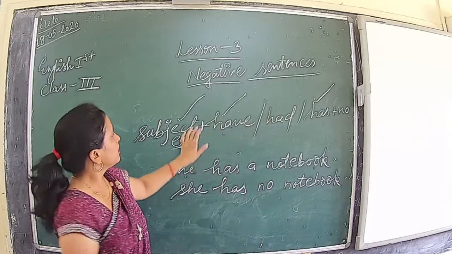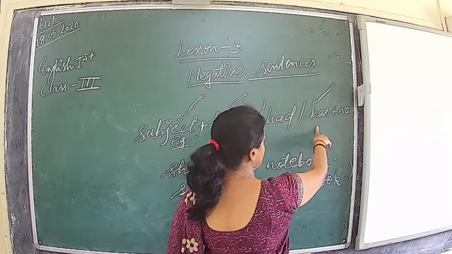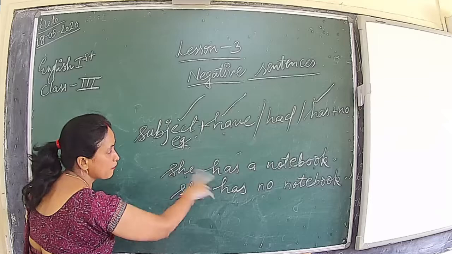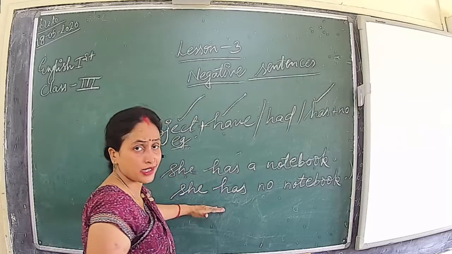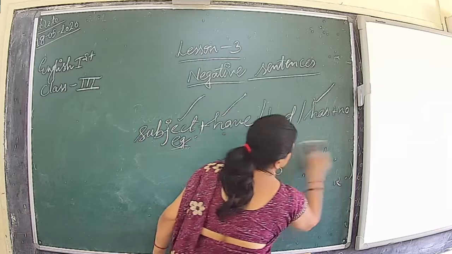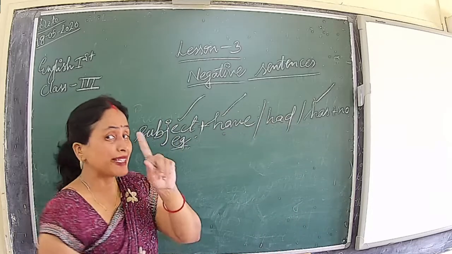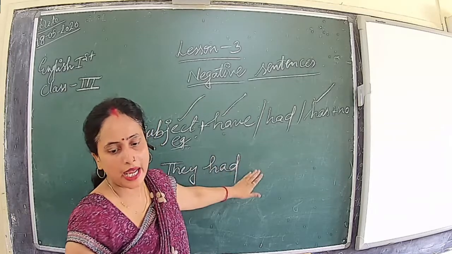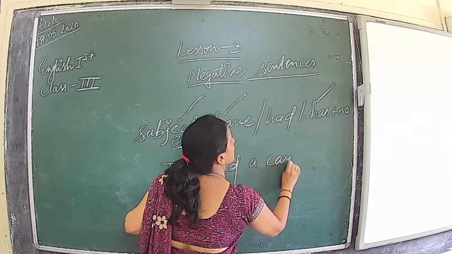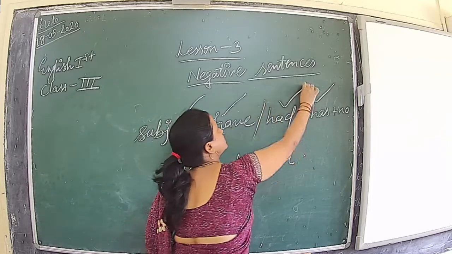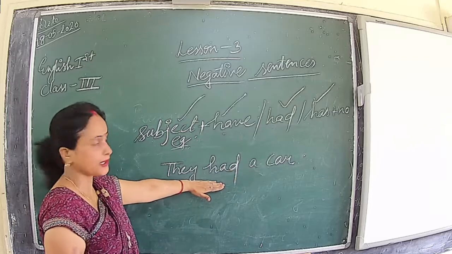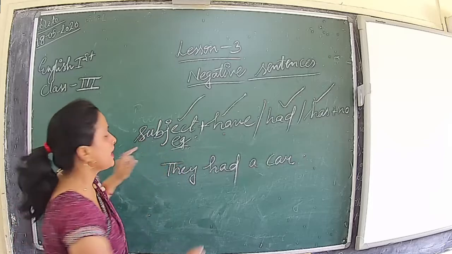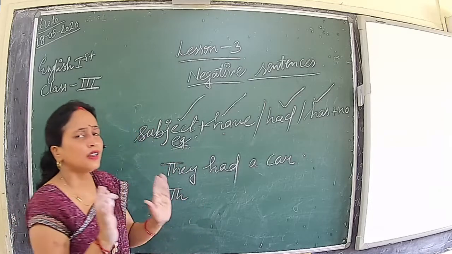Now have and has are completed. Now had, one example we'll see of had. So this is clear, no? This is affirmative and this is a negative sentence. Now one example of had. They had a car. We are using had in the sentence. When we change it into the negative sentence, what? They had. Only we have to use what?